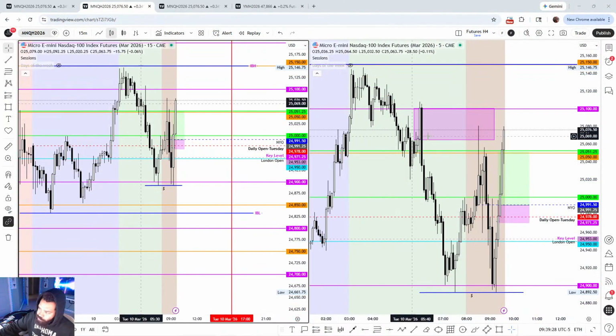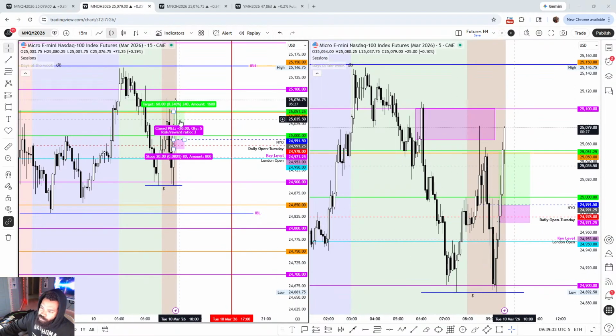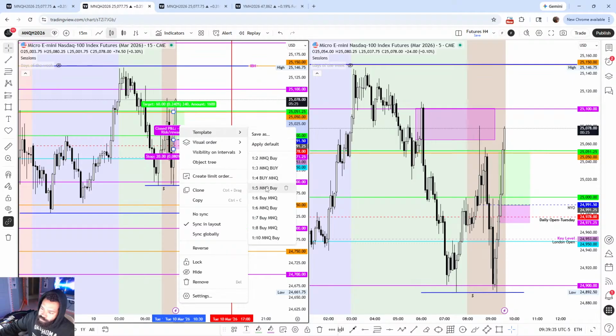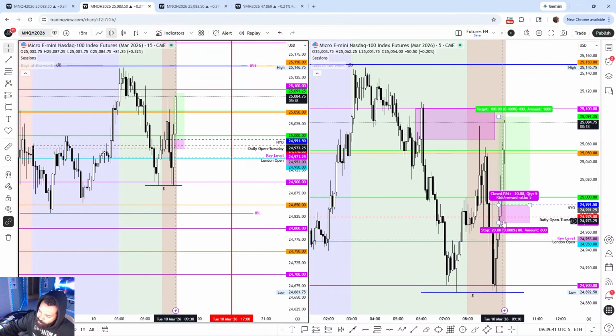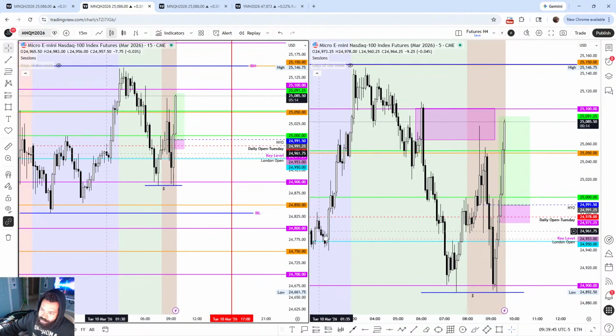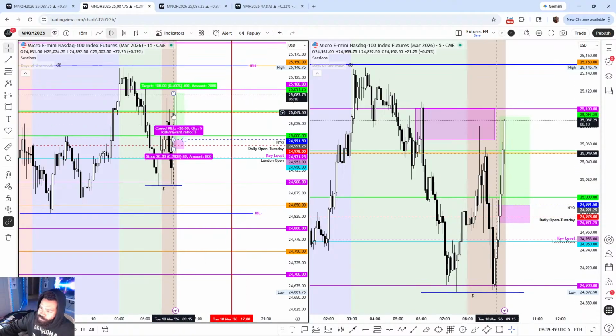Okay, so we are starting to push that area. Like I said, getting up to, this is your 1 to 3, 1 to 5 would be here. So you could be done, right? Like if you've hit this area and you took a trade somewhere in that daily open or below, or even 25,000, essentially, you're sitting at a 1 to 5 R of what you're willing to risk. You're probably good on the trade for the day.